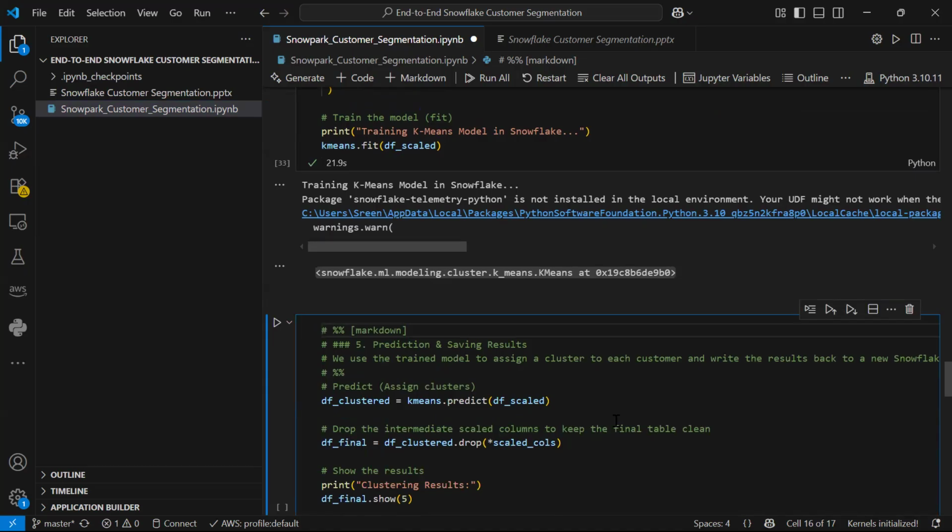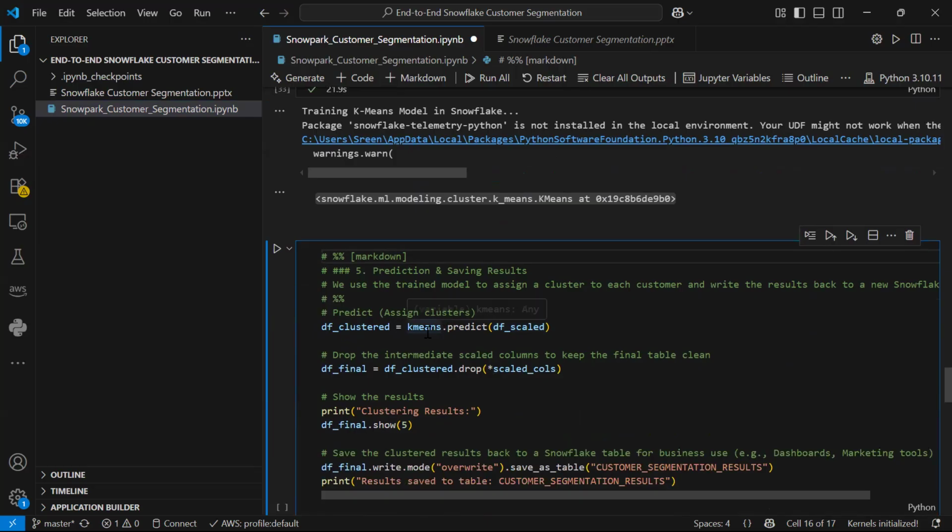Okay, now the model has been trained, and now we are going to predict the data. The same k-means, with df scaled, the data frame on which we did the scaling. We are now going to create clusters for this data, and finally add these cluster results also. After this I should have a table, a table should have been created. Finally, let us run this.